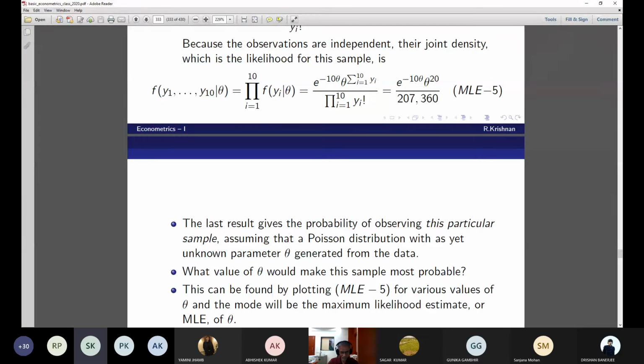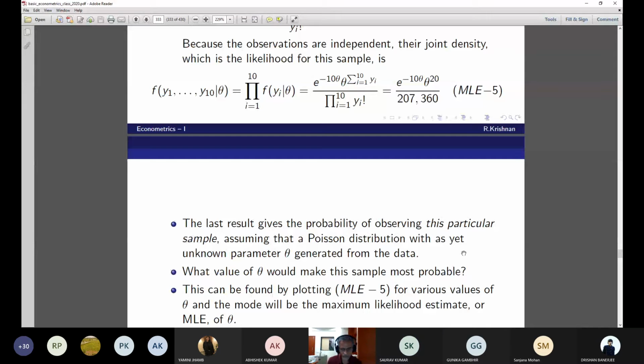Sir, I didn't get that plotting thing. Why are you plotting against the function and not the log? No problem. You can probably plot it against the log also. If you plot the likelihood, the peak will be very clear. That is why I'm saying it. Yes, in that case we will get 1 by x something, which will make the calculation come. In case of log likelihood, it will be a flat curve. Then you have to look for the tangential point. Remember? Yes, sir. That is why I said likelihood.